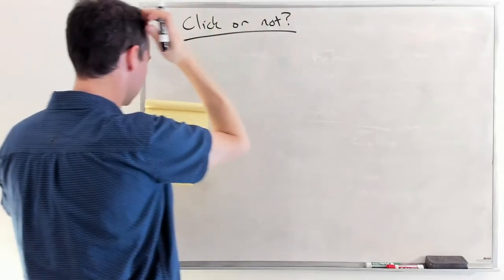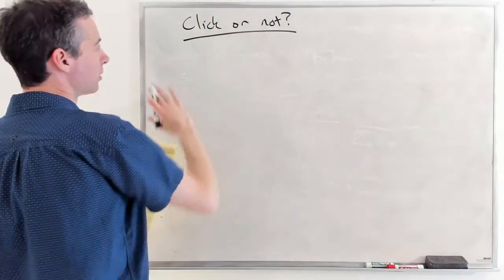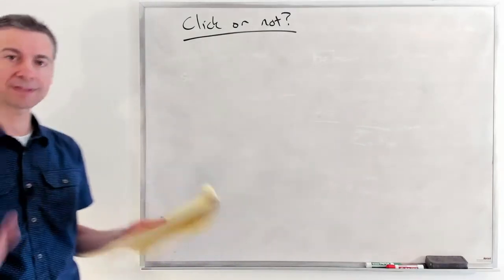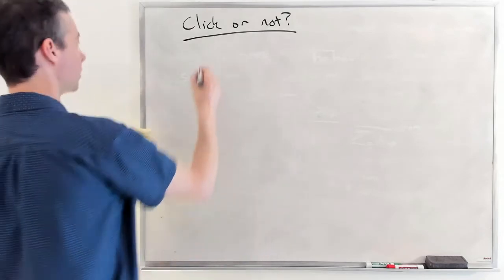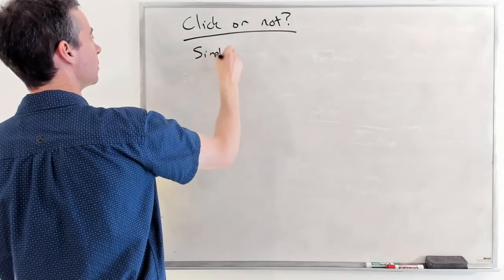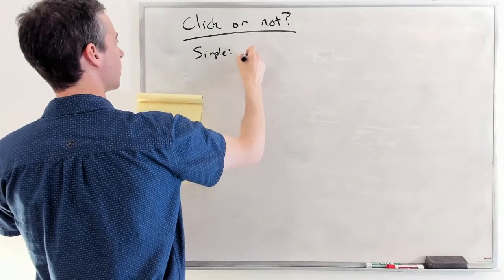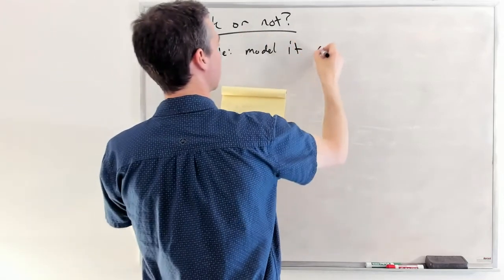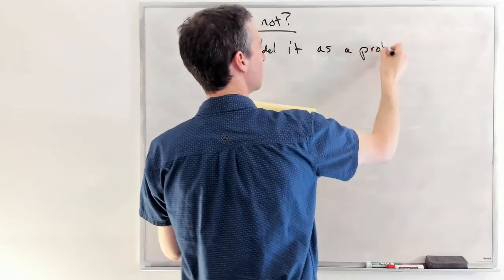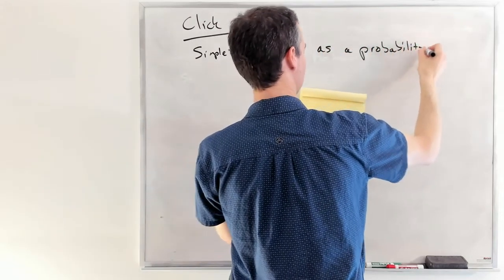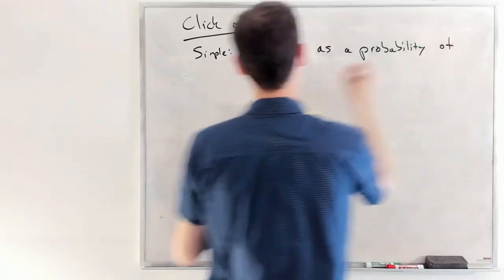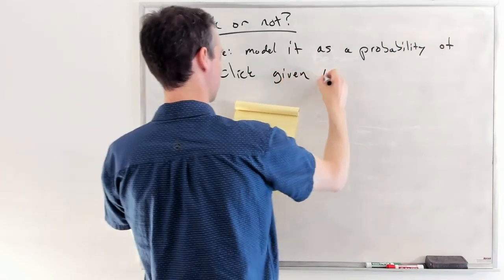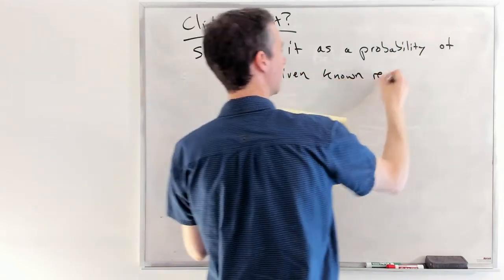All right, so again, there's lots that we could actually consider to model, but let's keep it simple, okay? So our simple model is going to be to model this decision of clicking or not as a probability of clicking given known relevance